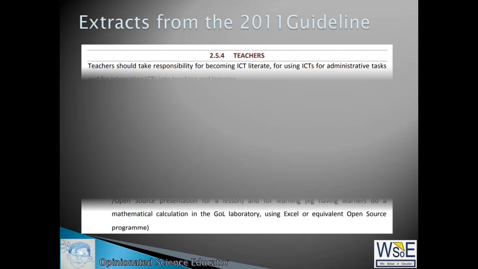So let's have a look at the 6 pillars of ICT in more detail. The ICT and e-education strategy for education spells out 6 vital pillars for successful implementation and adoption of ICT in the teaching and learning process. Connectivity: all schools need to be linked to the GDE portal.